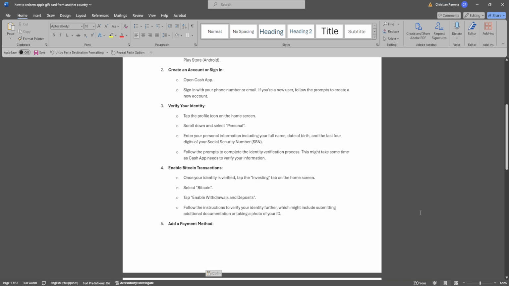Once your identity is verified, tap the Investing tab on the home screen. Now select Bitcoin and tap Enable Withdrawals and Deposits. Now follow the instructions to verify your identity further, which might include submitting additional documentation or taking a photo of